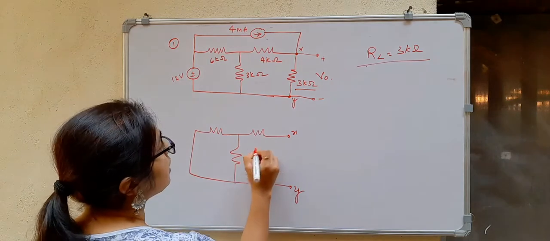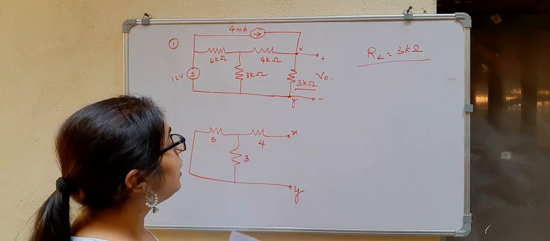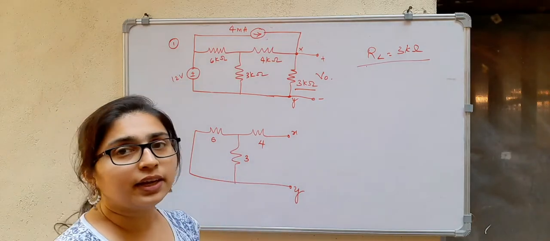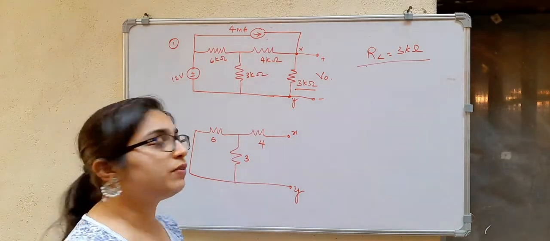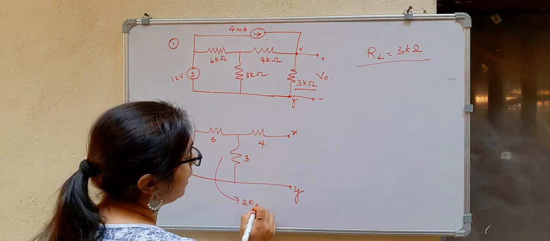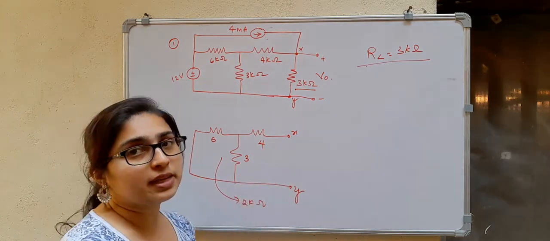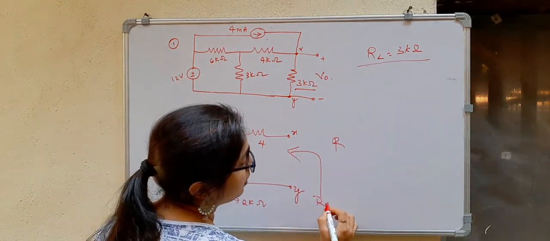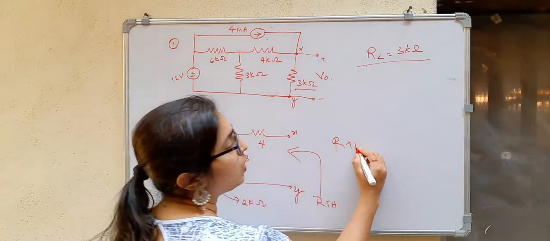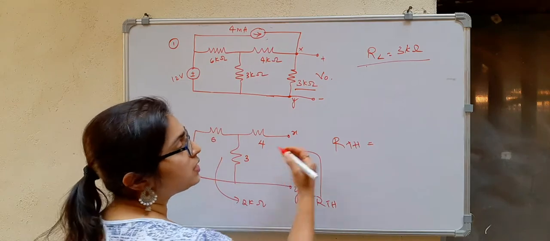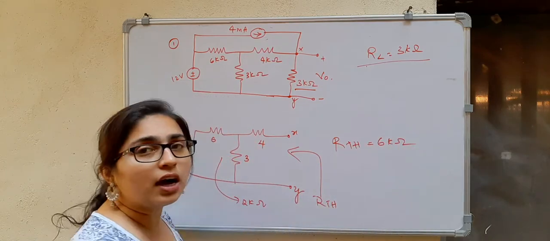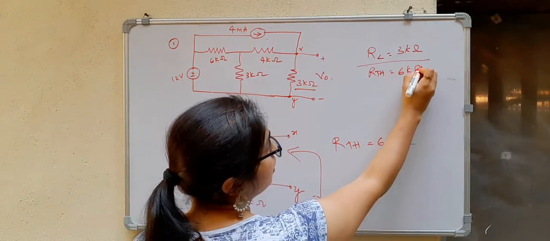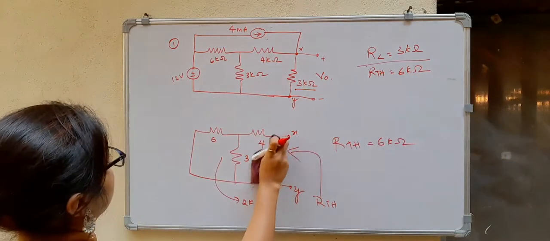Okay, so this is 3 kilo ohm, 4 kilo ohm, 6 kilo ohm. Now you can see these two resistors are in parallel. So 6 times 3 is 18, divided by 6 plus 3, 9. So that will be 2 kilo ohms. Then we can see 2 kilo ohms will be in series with 4. So RTH will be seen through these terminals into this network. So RTH will be equal to 6 kilo ohm. Okay, RTH is 6 kilo ohm. I'll write it here. Now I have to find VTH.